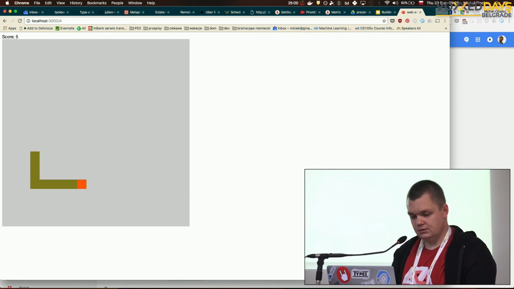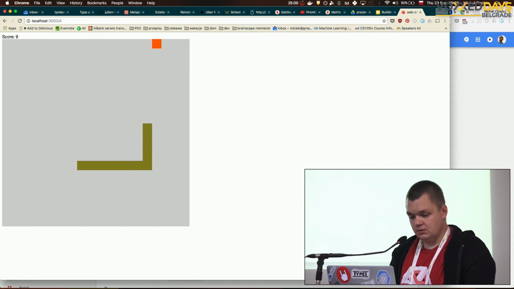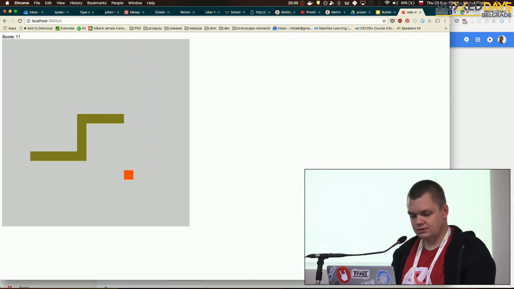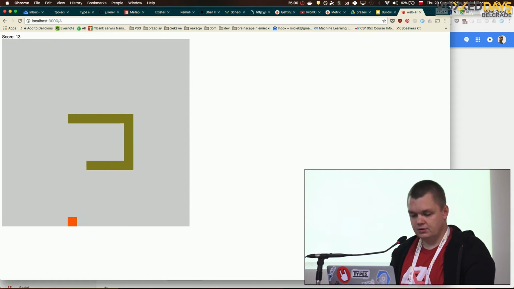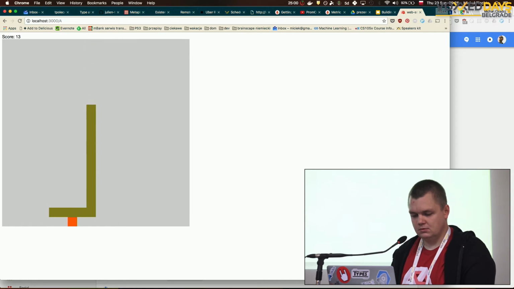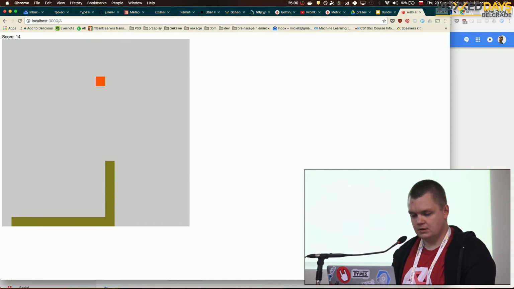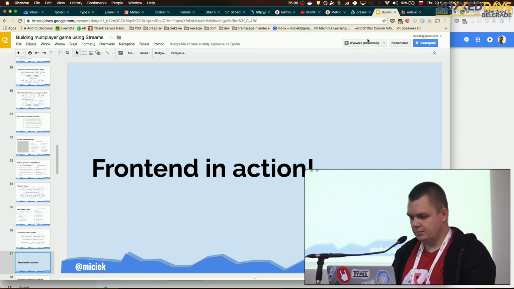So the code I've shown you is really the only business logic. All the other lines are just front-end displaying, styles, things like that. And the whole project I will share. It's on GitHub, and it takes 100 lines or so. So that's the power of declarative programming. Okay, let's move to the server part. But before we do that,